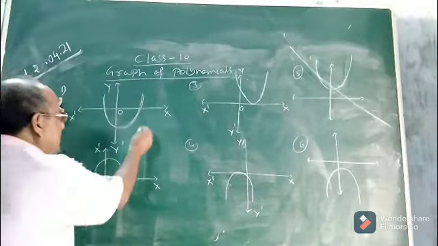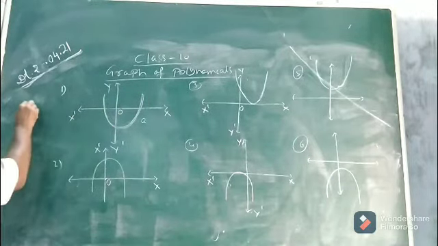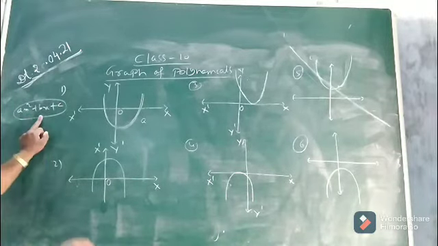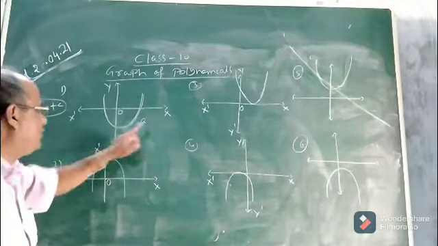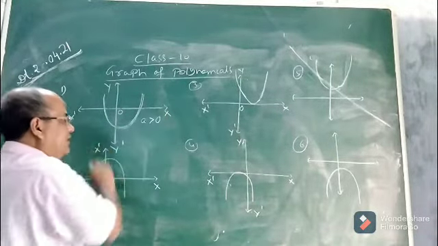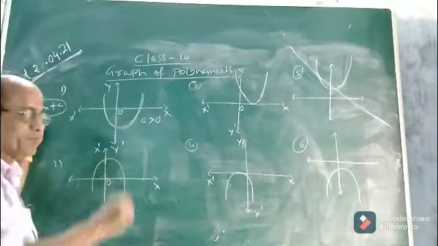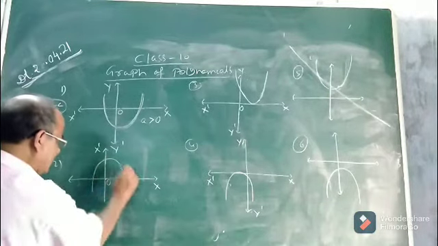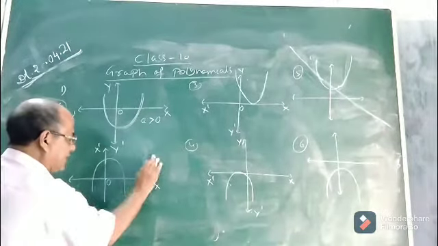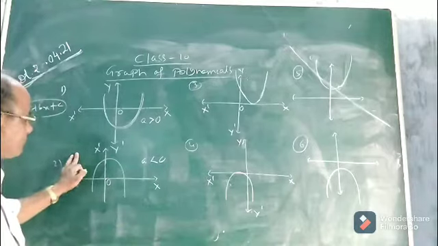If the parabola opens upward, I have also told you, how will you know whether a parabola will open upward or downward? You see, the quadratic polynomial is ax square plus bx plus c. Okay, this is the quadratic polynomial. You have to draw the graph of this. So if the value of a, meaning the coefficient of x square, is positive, then definitely the parabola will open upward. And when a is negative, in this case the parabola opens what? Downward. So here a will be negative, here a will be positive.